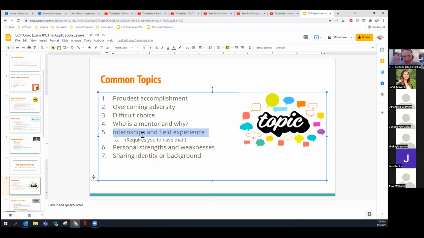You always want to be looking ahead at what these schools look for and what you can bring to the table. Number 6, your personal strengths and weaknesses. It's a very reflective essay about what assets you have that you bring to the table to the program, and also about what you want to work on, which shows a level of self-reflection in your essays